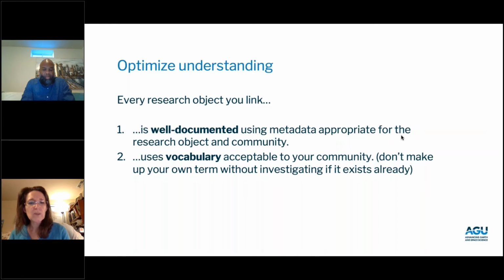robust metadata or good documentation for each of your research objects. And it's the community that you work in that really guides what that looks like. They also guide the best vocabulary to use. And what I mean by that, here's an example: let's say your data happens to be in a CSV file or an Excel spreadsheet, and you're typing willy-nilly some sort of header that you've always used, but you've never connected to your community to see if they've actually got a standard for those headers to describe the data